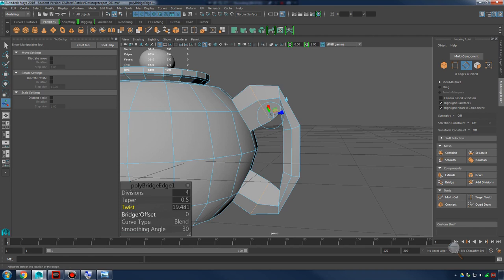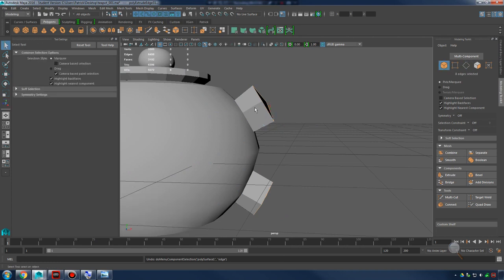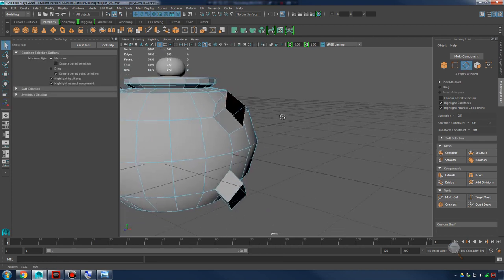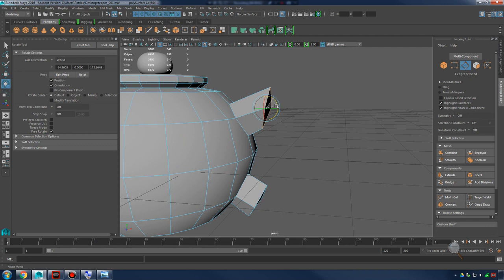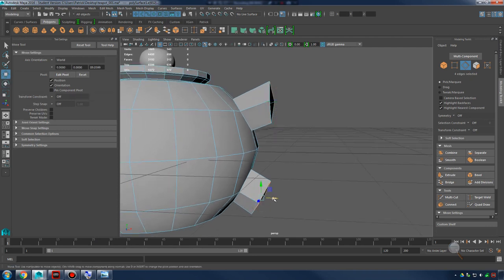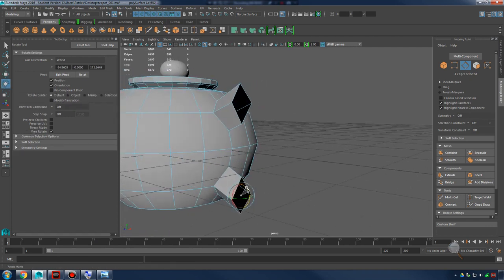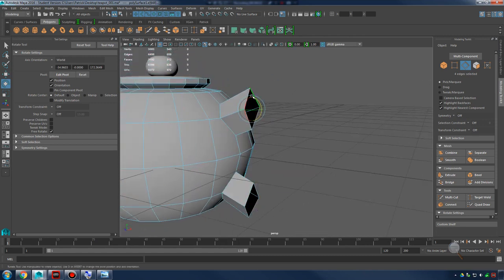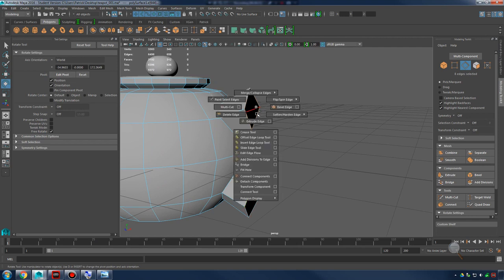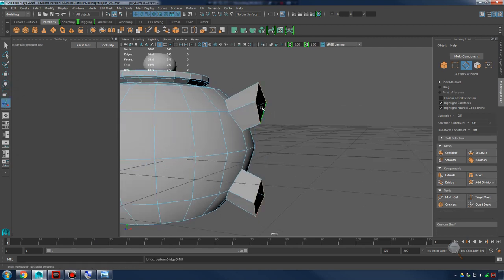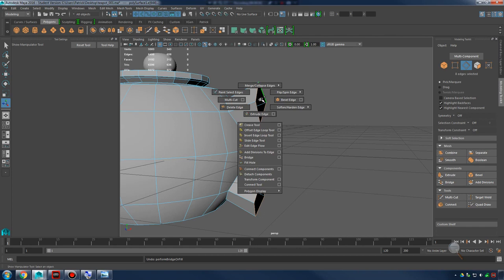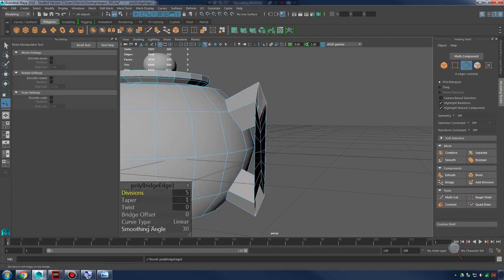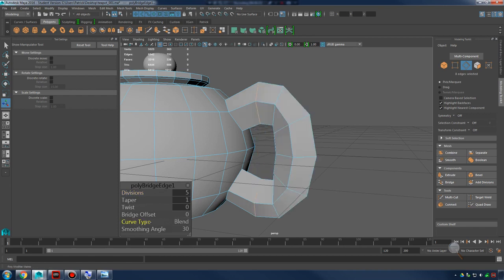It's not quite giving us the look we want. So maybe we need the curves to act a little bit better. So with these edges I've extruded, I'm going to position them and rotate them just a little bit better so that my bridge tool can bridge a little bit more naturally. So there I just right click, hold shift, right click, select bridge. And then this curve type linear, it's not doing it for us, so I'm going to click that. I'm going to go into blend,